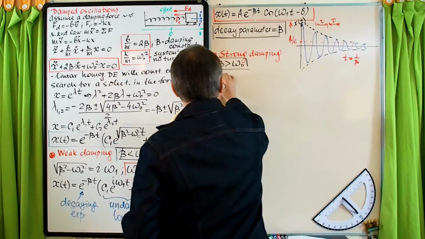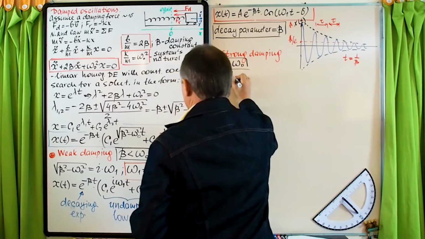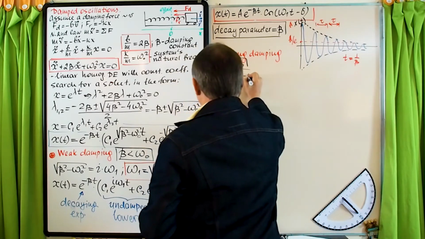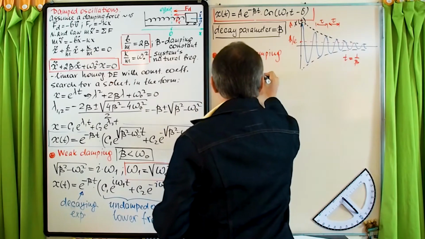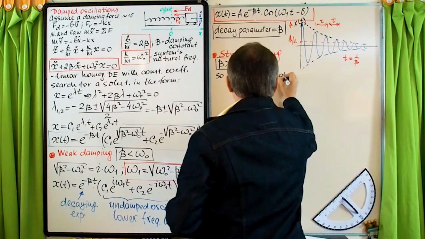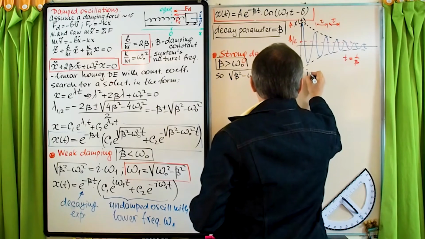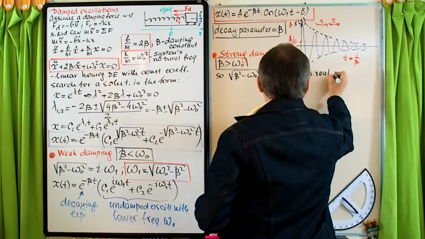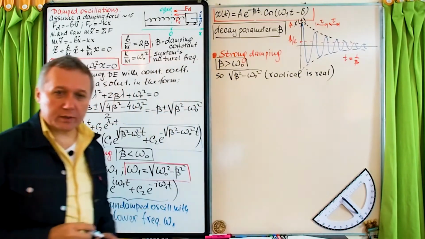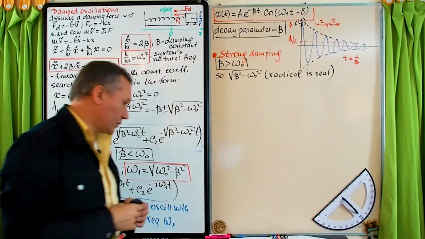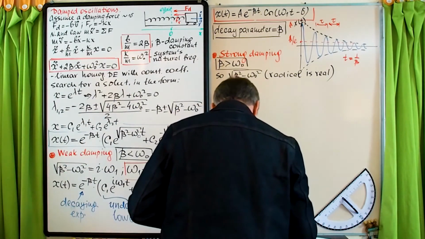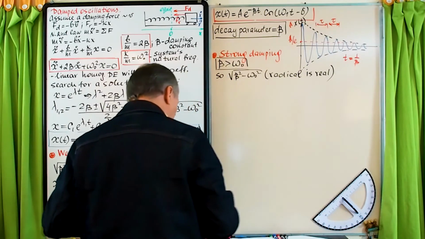So now, this beta squared minus omega naught squared radical is real. So we cannot do anything about this, so we just rewrite it in a slightly different